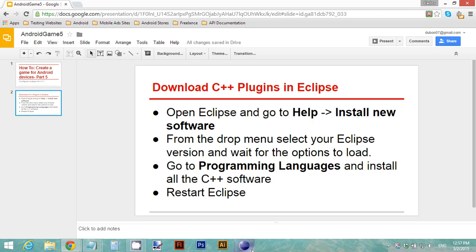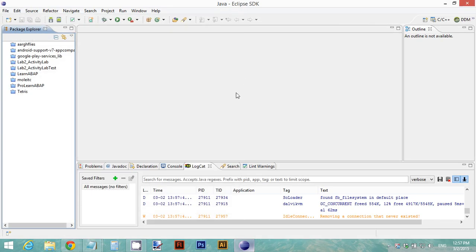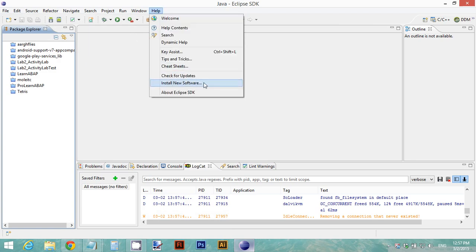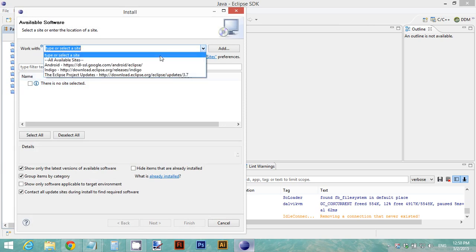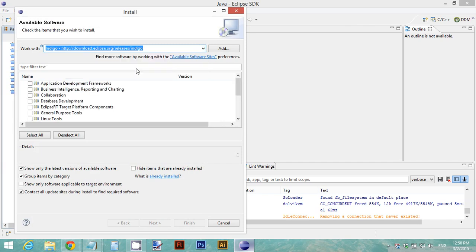Okay, so open Eclipse and go to Help, Install New Software. Now, from this drop-down menu, select your Eclipse version. In my case, it's the Indigo version. And then all these options are going to load, so scroll down